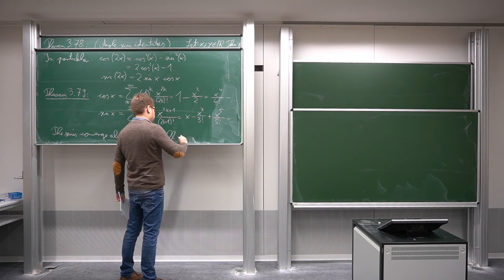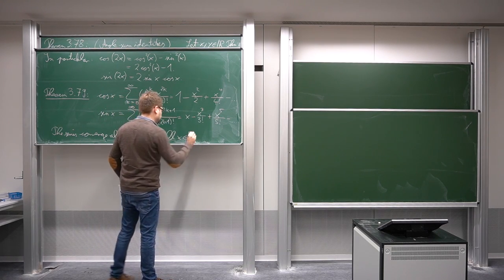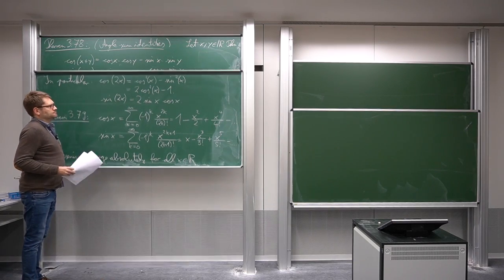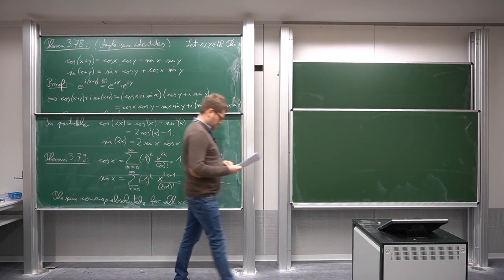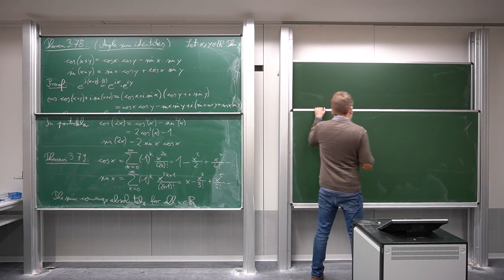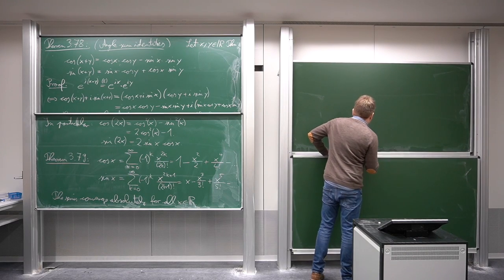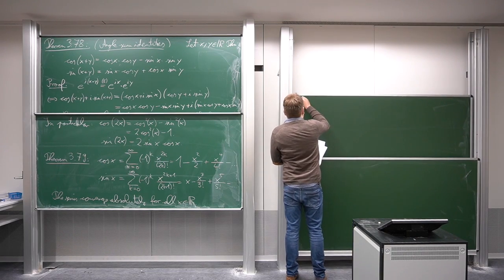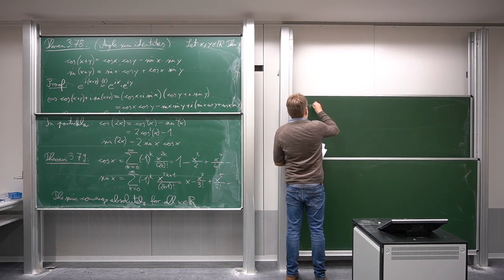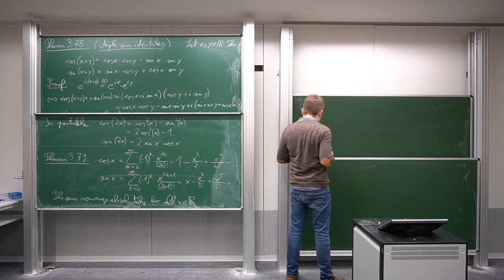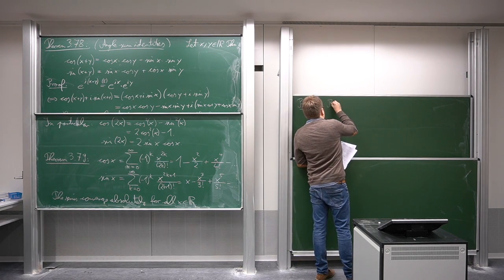For all x in R. So how to see this, and this is also not too hard. Let's write down this exponential series that defines those two quantities, sine and cosine. By definition,